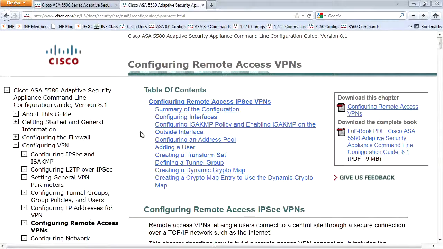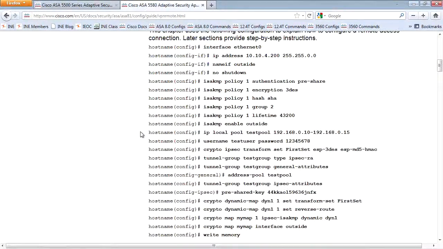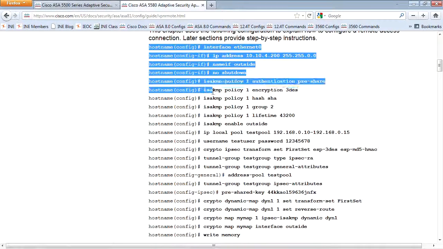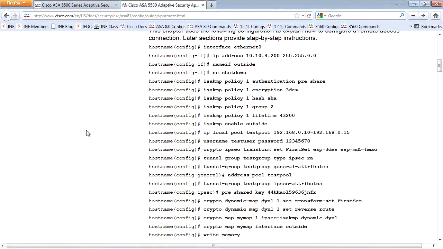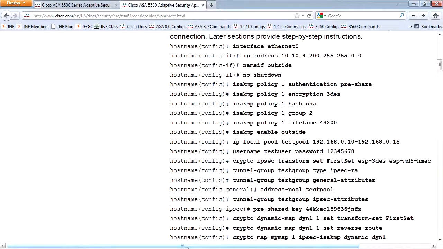Now, one thing that's nice about this document, just like the LAN-to-LAN VPNs, is that the first portion shows us an overall summary of the individual commands we need to issue in order to get the most basic functional configuration. Now, if we look at some of the syntax that they have here, we can see that the first portion